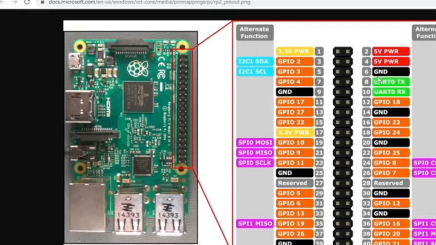If I set the mode to BCM mode, then I have to search for GPIO 8, which is at the 24th position. So this is the difference between BCM and board mode. In BCM mode, you have to consider the GPIO number, and in board mode, you have to consider this count, 1 2 3 4 5 6 7 8, right?